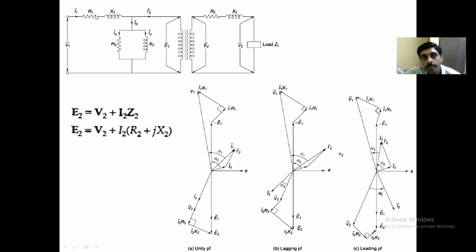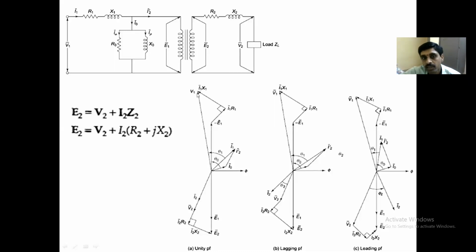Now, V1 is equal to I1 R1 plus I1 X1 plus the voltage across this. What is the voltage across this? Minus E1. Already we know this is E1, so if you write the opposite side, this is minus E1. Therefore, minus E1 plus I1 R1, because this I1 R1 is parallel to I1. We have to draw this line parallel to this I1, I1 R1. And at 90 degrees, I1 X1. So this is the drop. Therefore, that is equal to V1.